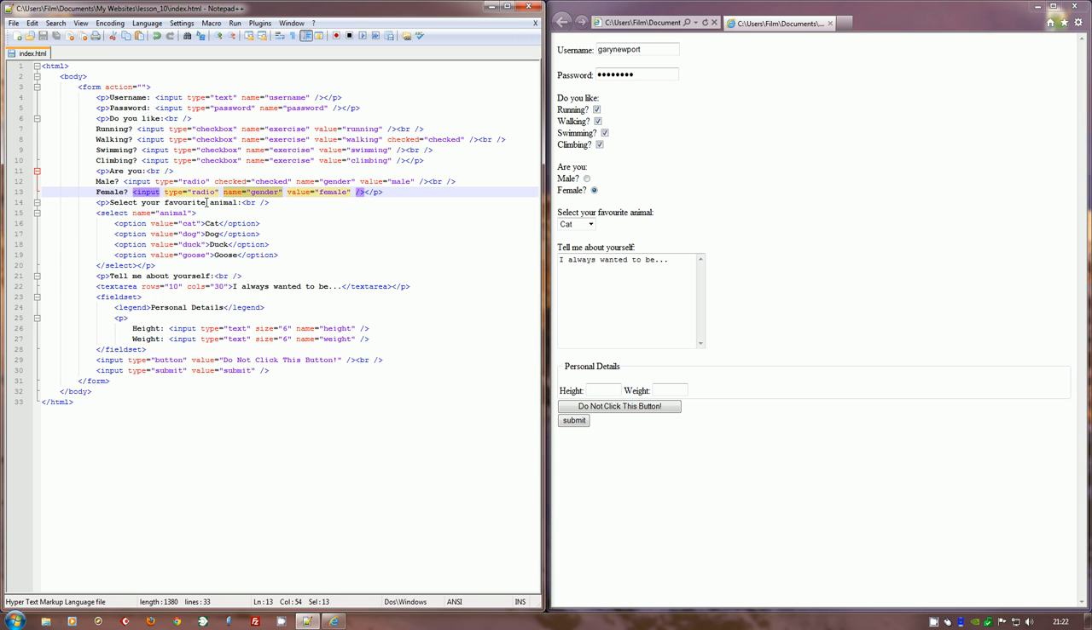So when I select running, it's this value in here that gets passed. So if I want these to have numerical values, so 1, 2, 3, 4, that's fine. What will be passed through to wherever I want to send this would be the numbers 1, 2, 3, 4. That's fine. Same thing here. I've got name. They're grouped together with the same name, and the value tells it what's going to be passed